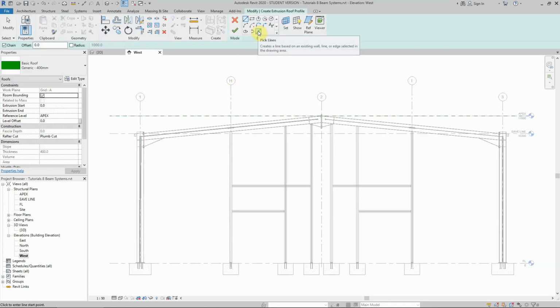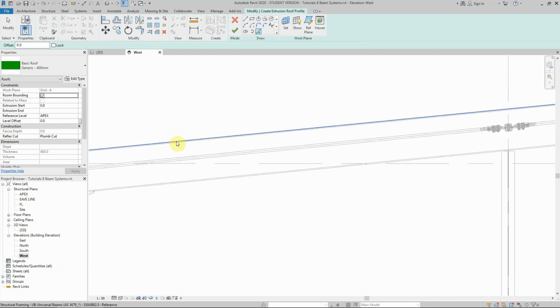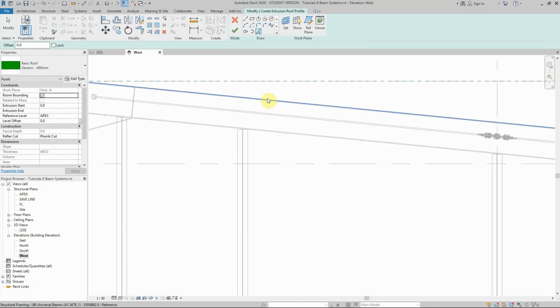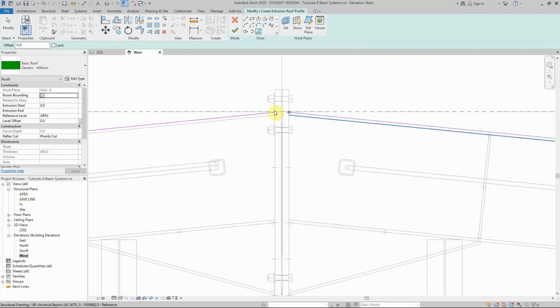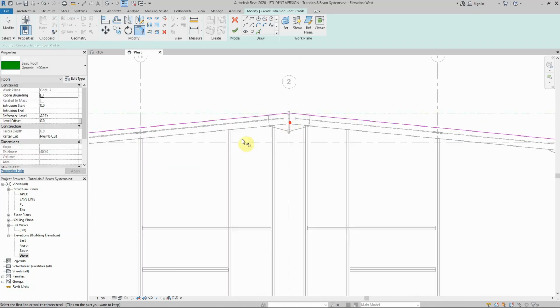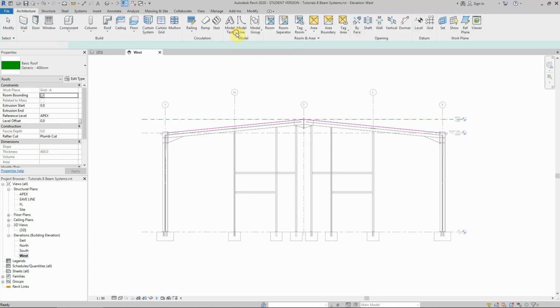And quickly I can select the lines where I want my roof to go. I can select the top of this rafter, top of that rafter, and then be careful, you have to join these two lines using the trim tool just to make sure that your roof is continuous, otherwise the system will give you a message to join these two lines. So now we created where the roof is going to be, or on what line. You will see in a second how this roof will be created by extrusion. If I go OK,